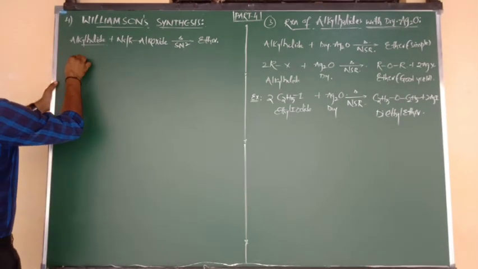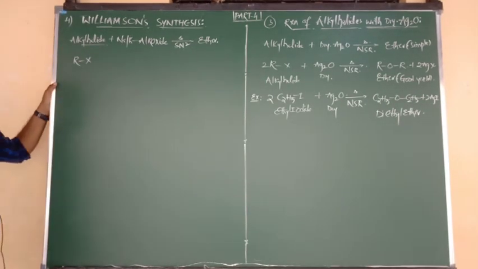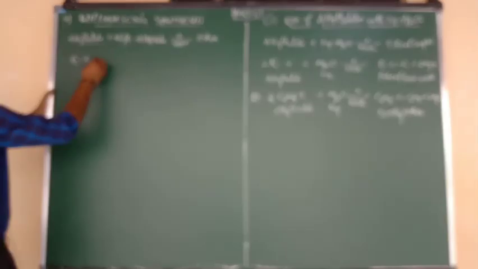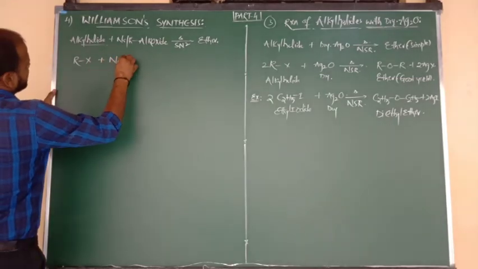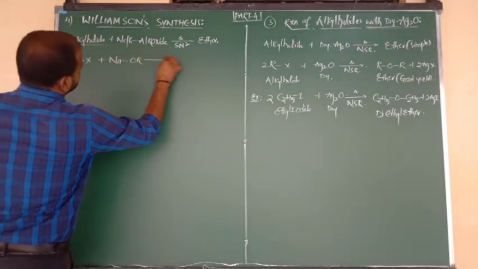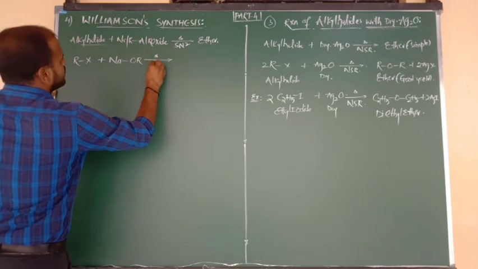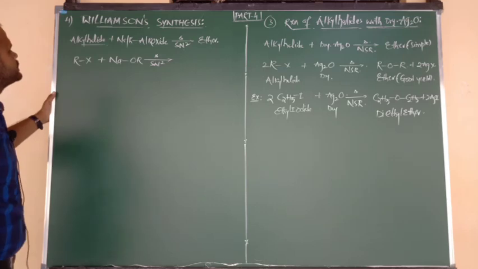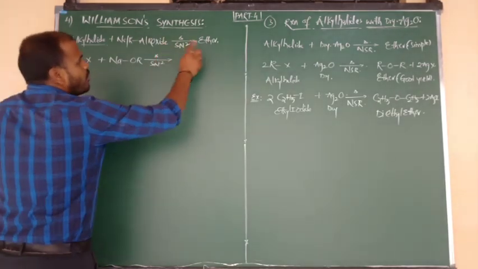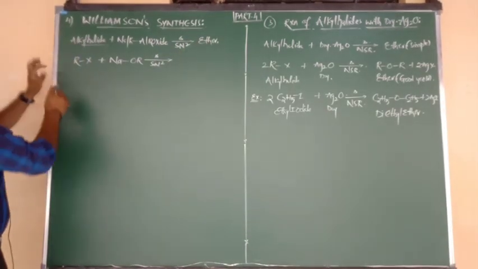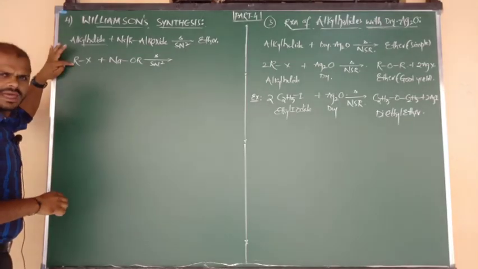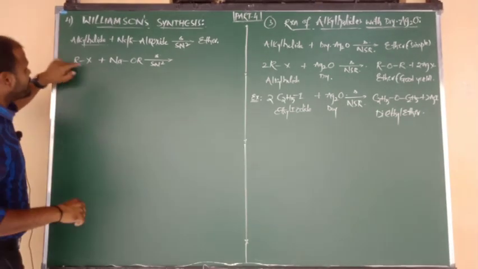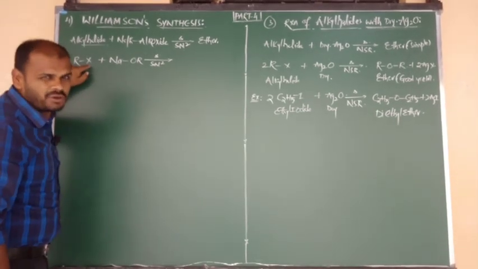Alkyl halide, the symbol is nothing but RX. It upon reaction with sodium or potassium alkoxide. Let me consider sodium alkoxide, Na bonded to OR. So upon heating, definitely the following mechanism is what I have told you, beta, the SN2 mechanism. Now listen carefully, how you are going to get the ether product. Here R is nothing but an alkyl group, may be methyl, ethyl, whatever that may be, meaning one carbon is there. Carbon connected to X, nothing but a halogen.